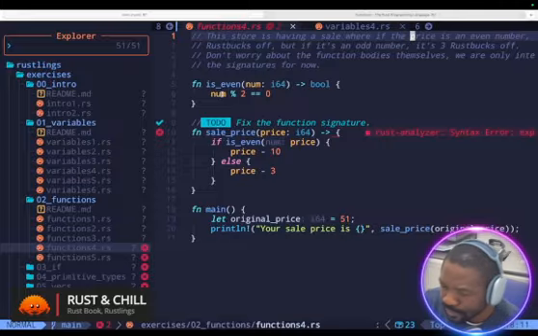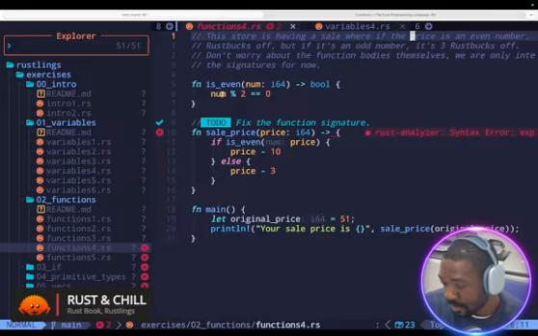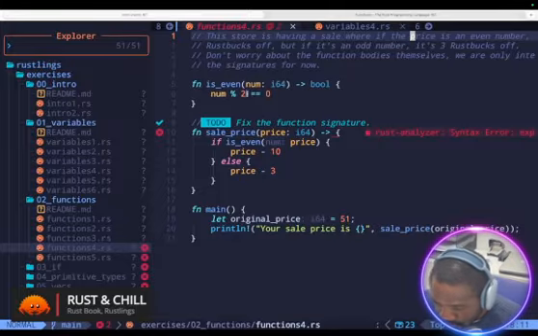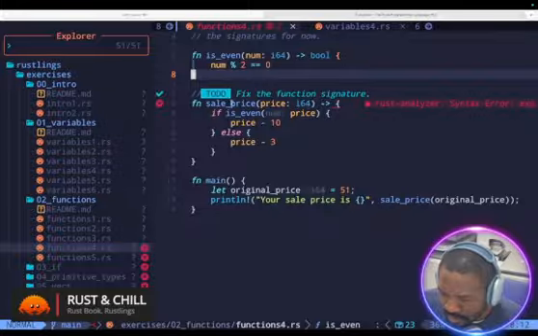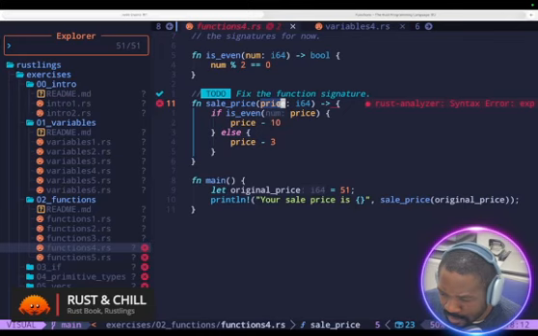It does num, the remainder after dividing that by 2, if it's 0, of course, this is a regular is even formula, whatever. So if you fix the function signature, sale price takes price as an input parameter. If is even, which calls that function,